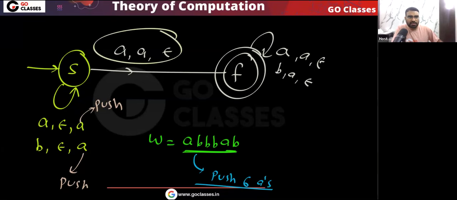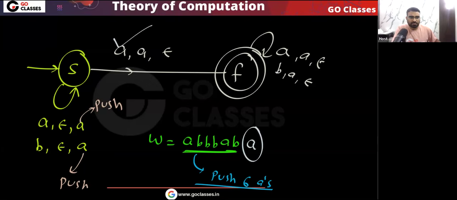Okay, then you can notice that A is coming. Somewhere this A should come. Very simple point. Then what you are doing? You are popping one A. Yes or no? Remember, for this A, you will pop one A. So because of this one, basically, you will pop one A.